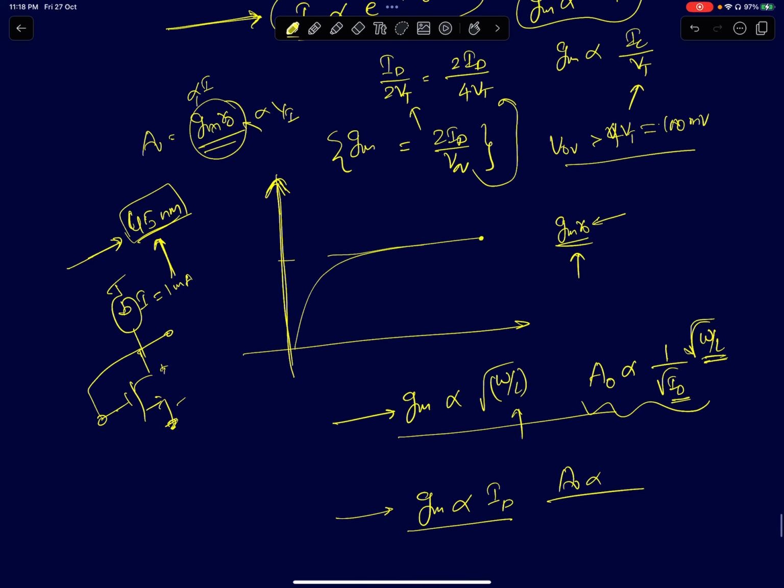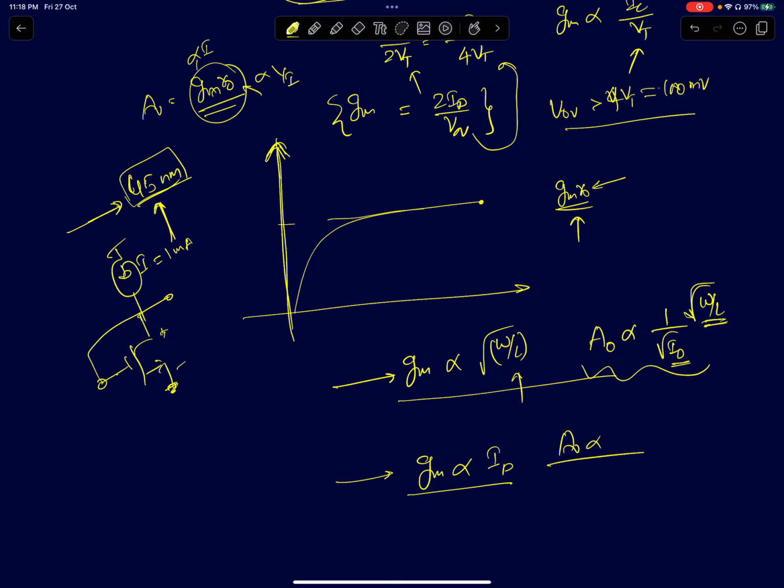Generally, the rule of thumb that we use is that the ratio GM over I is a constant, because GM is proportional to I. It's generally equal to 20. In fact, where does the 20 come from? It comes from 1 by 4 VT. If you see GM is I by 4 VT, so that ratio,